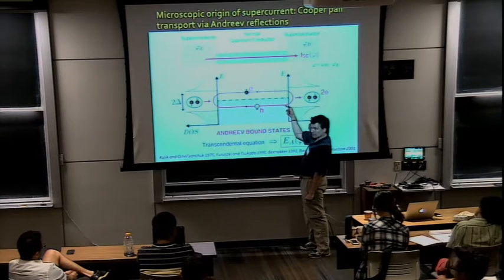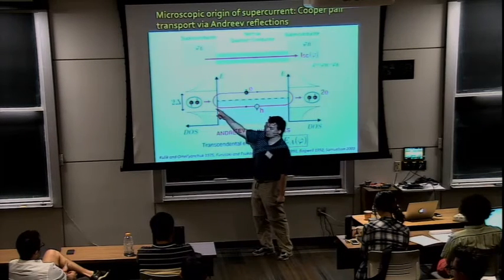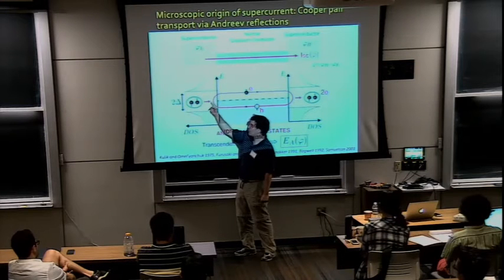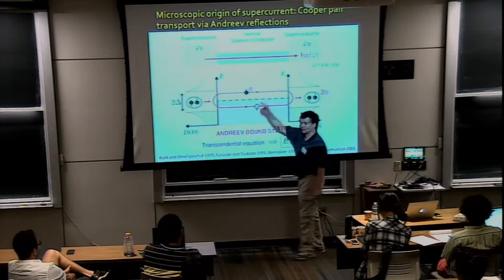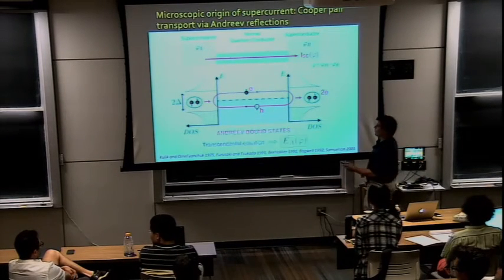It leaves a hole which is retroreflected. This hole comes here, and now there is a Cooper pair waiting, and one of the electrons of the Cooper pair fills this hole, the other electron does this thing, and it repeats. In this Andreev scattering process, there are states. Exactly. So if we now go